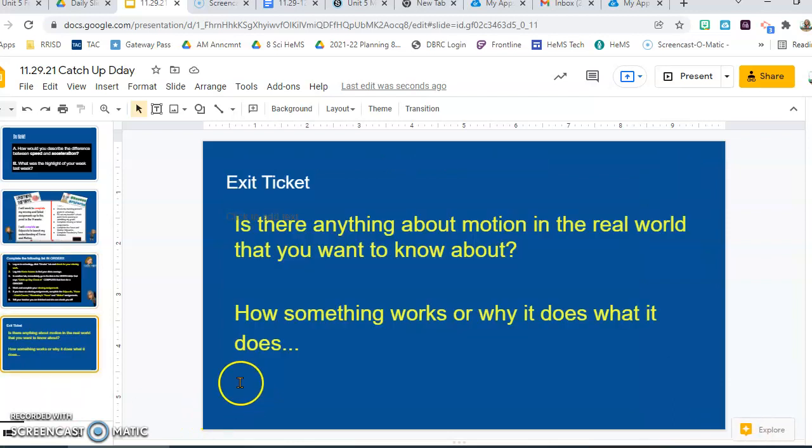and we're really appreciative of that. And then your exit ticket: is there anything about motion in the real world that you want to know about? How something works, or why does